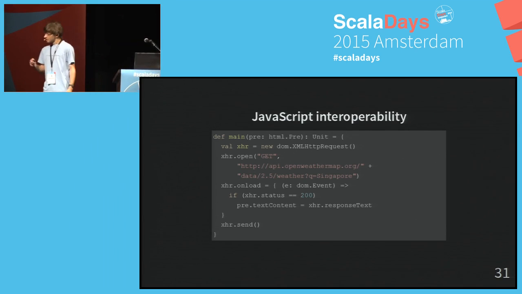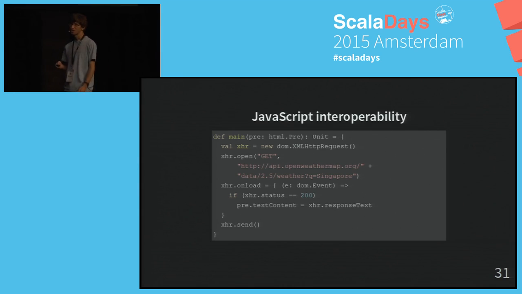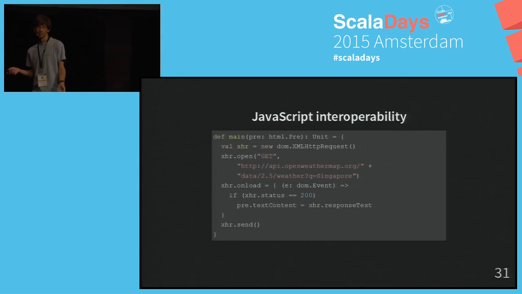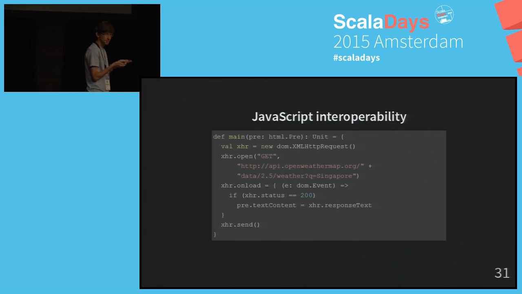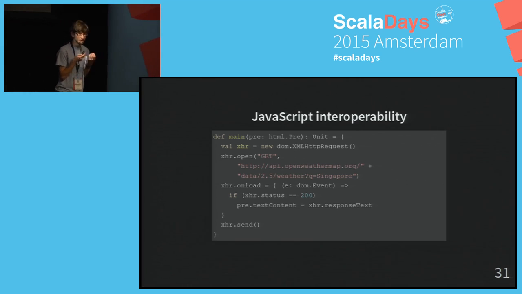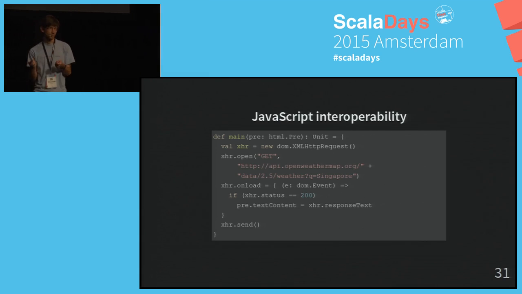So this is the kind of code that you would see possibly in a Scala.js code base. This is mostly Scala code. It very much looks like Scala code to me. But it deals with a data type, which is an XML HTTP request, which you can see in the DOM namespace. That's just to make it clear. It's fundamentally the XML HTTP request class in the browser. It's the JavaScript thing, right? It's not a wrapper. It is the XHR from the browser.